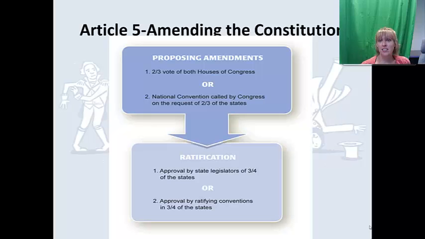Article 5. This is really important as well. Remember, one of the problems with the Articles of Confederation was that the process for amending the Articles was really too rigorous. It just couldn't happen. So Article 5 spells out how the Constitution can be amended. And there are 2 starting points, 2 ratification possibilities. So amendments can be proposed by either 2/3 of both houses of Congress, so 2/3 in the House and 2/3 in the Senate, or by a national convention called by Congress on the request of 2/3 of the states. So 2/3 of all the states say we vote in favor of a national convention, and then the amendment can